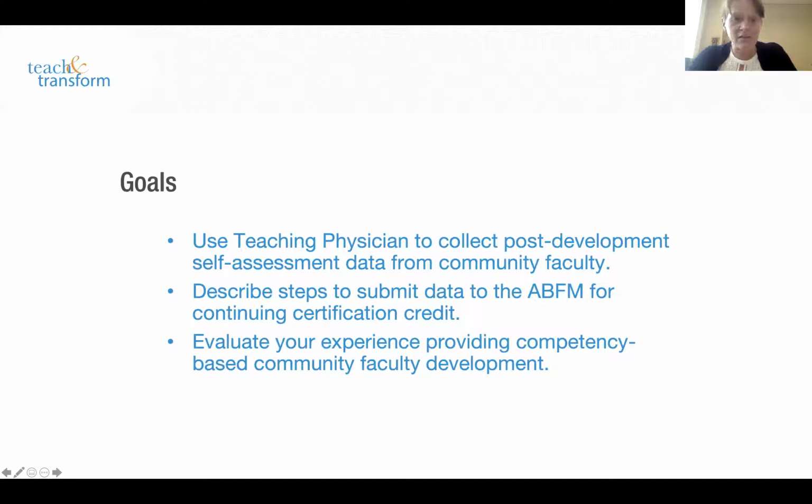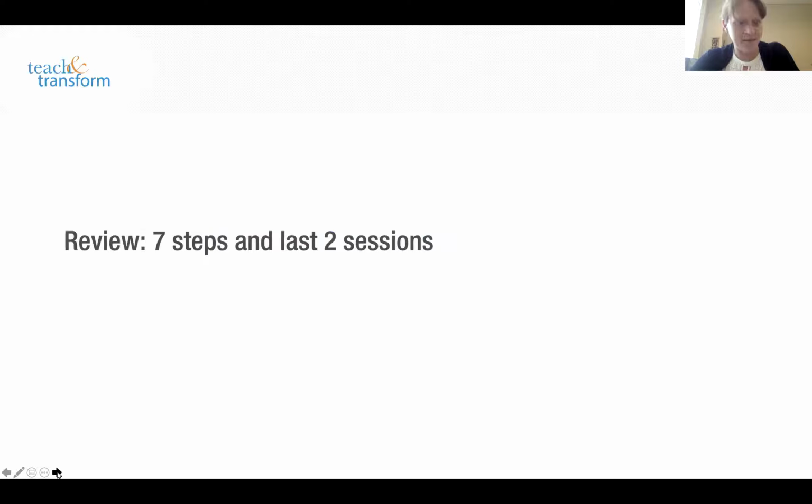And then we'll take a little bit of time just to evaluate your own experience about providing competency-based community faculty development using Teaching Physician resources and working with your faculty. So hopefully we'll get all of those goals accomplished today. Next slide. So our first thing that we're going to do is just briefly go through the 7 steps that